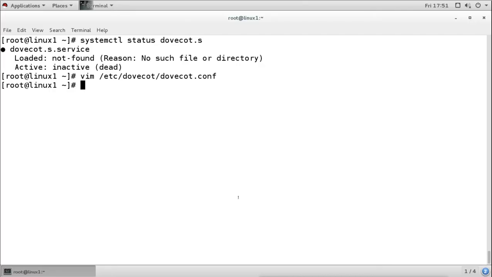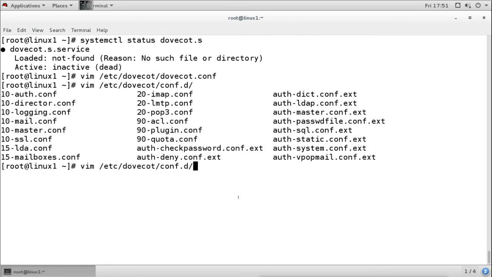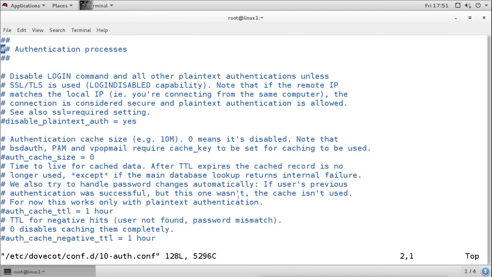We are going to open the configuration directory. Under the configuration directory, there is a conf.d directory. We have multiple files here, and from that I will open the auth-conf file. In that, we have line number 10. I will enable line number 10, which says disable plain text authentication is equal to yes.